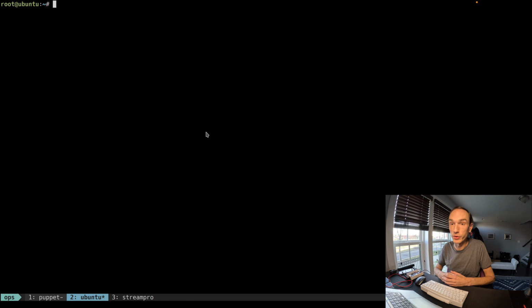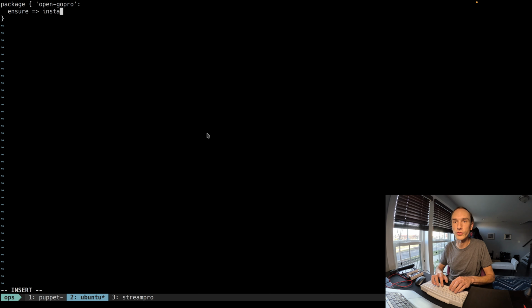So here I am on an Ubuntu 22.04 virtual machine, and I'm going to write a simple manifest that defines a package resource for our OpenGoPro package. It looks like this. Package, the name OpenGoPro, and we'll say we want to ensure that it is installed using the pip package provider.